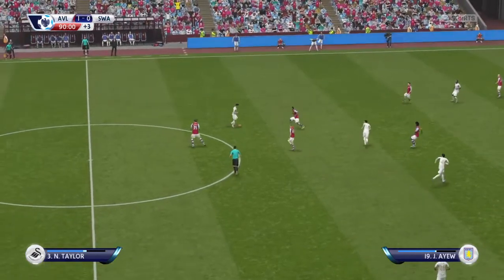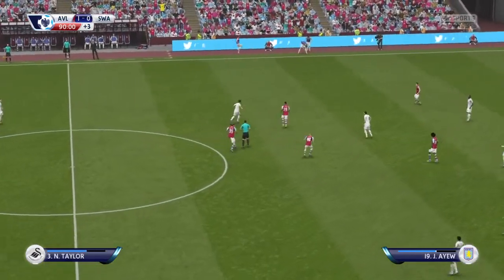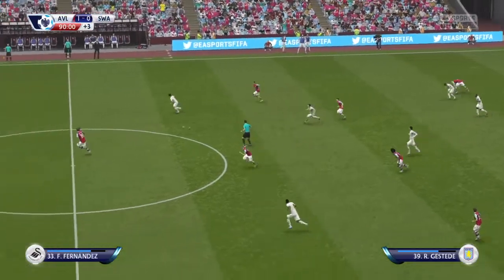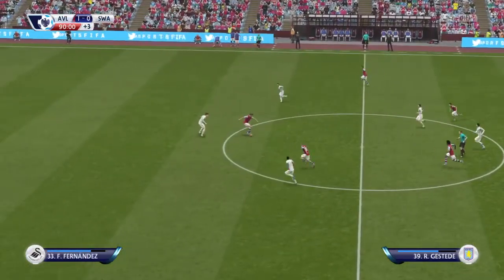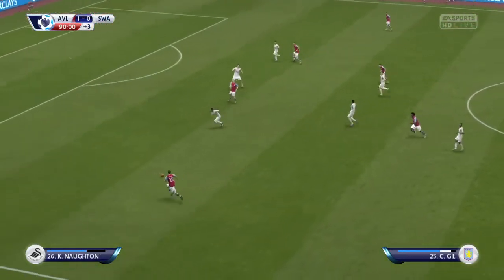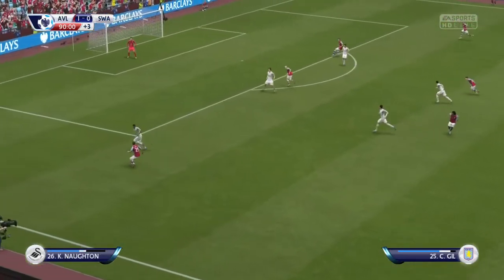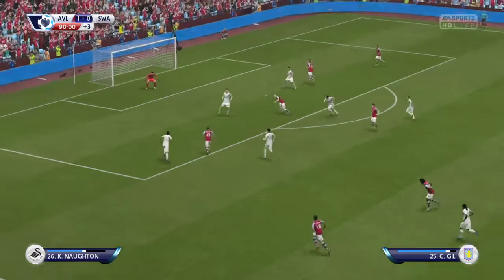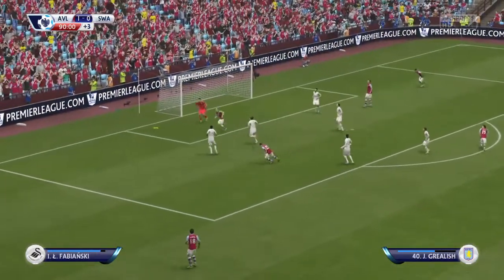Jack Cork. What a good interception. Carlos Sanchez. Here's the shot. Well blocked.